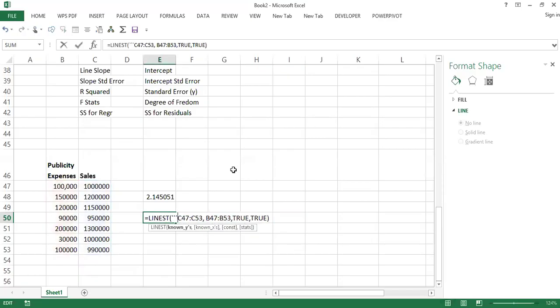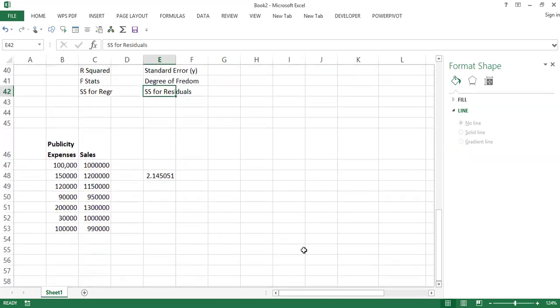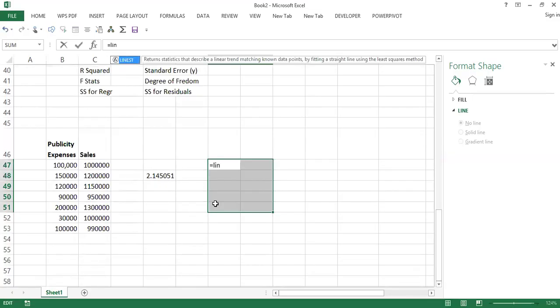Sorry, I know why it's not working. Before you do it, for it to give you the kind of output you want, you have to select the space where the output will be. So we need 5 rows, 2 columns. You select 5 rows, 2 columns. That's where our output will be. Then you can click in the formula bar and say equals linest,